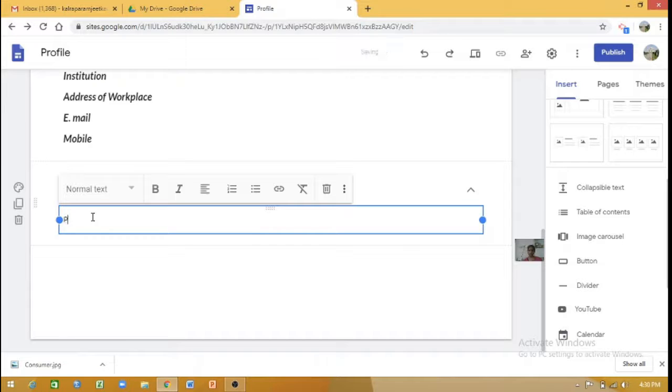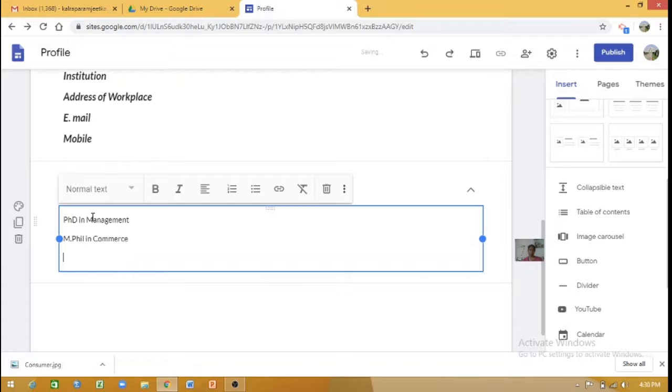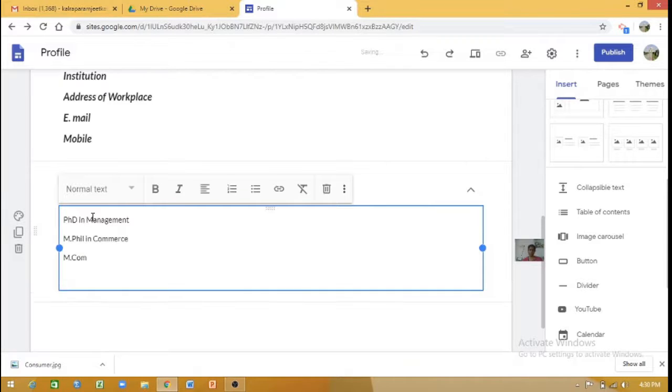Now I'll write here, for example, I am PhD in management, and second I can write MPhil in commerce, and then I can write MCom UGC, like that.